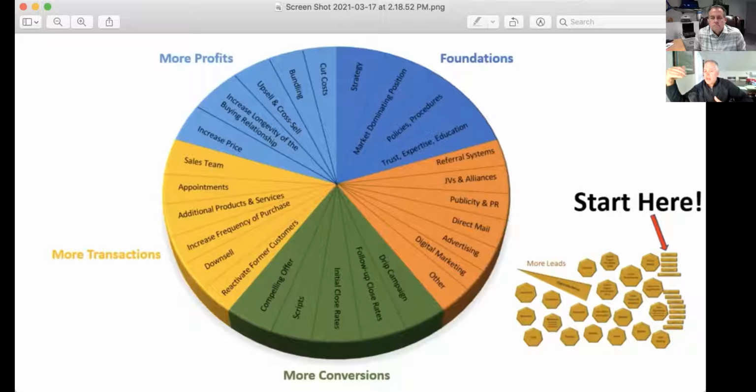And we talked about usually it takes somewhere between 5 to 12 times before somebody will close a transaction, yet somewhere like 92% of people quit after the first 4 contacts, right? We had a whole chart on that one time. So I want to stop a minute on the compelling offer and the scripts, because